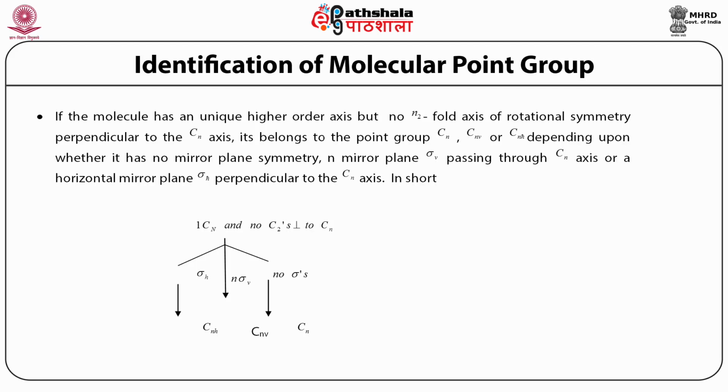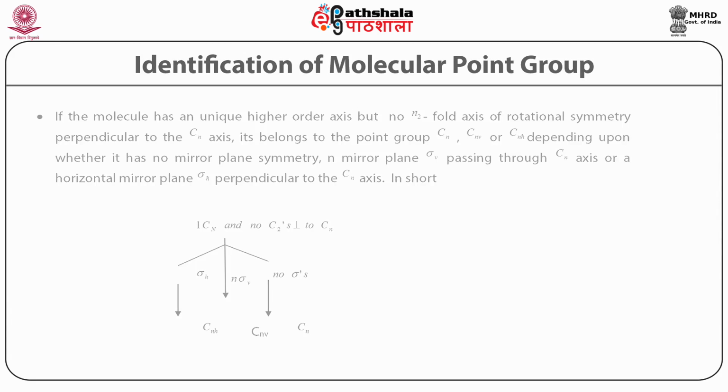Therefore, if the molecule has one principal axis of n-fold rotation symmetry Cn, and no C2s perpendicular to the Cn, and there are further no reflection planes, then the group is simply Cn. If there is a reflection plane which contains the principal axis, that is the reflection plane σv, and such planes, then the group it belongs to is Cnv. If there is a horizontal plane which is perpendicular to the principal axis, then the molecular point group is